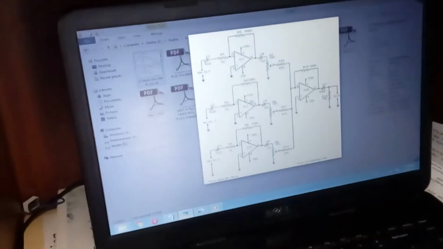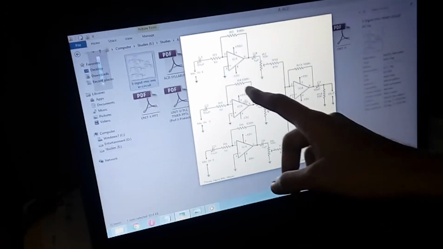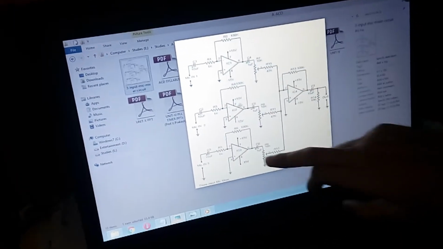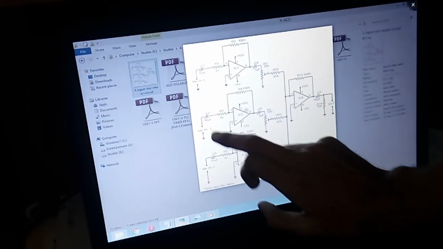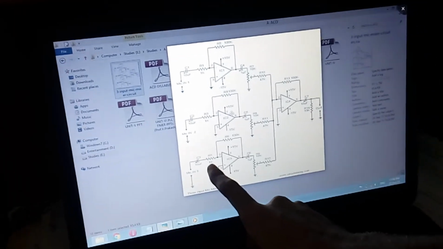Now if we go through the circuit diagram of this, this will be our circuit diagram, where these 3 will be the op amps, IC741s. These 3, mic 1, mic 2, mic 3, will be the inputs, which we are giving to a capacitor and a 1 kilo ohm resistor.